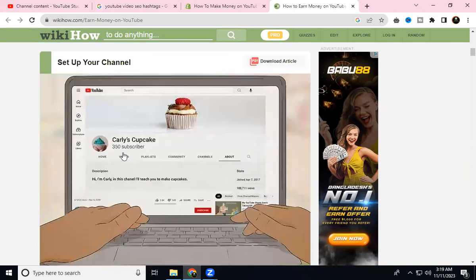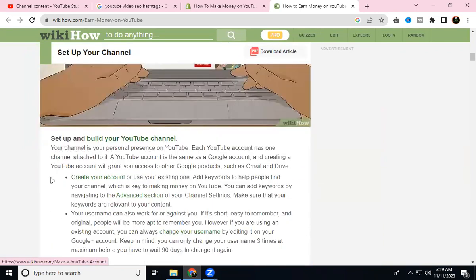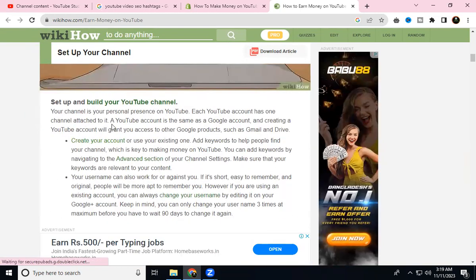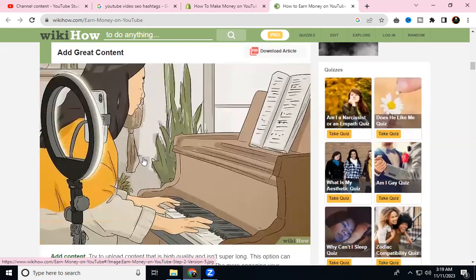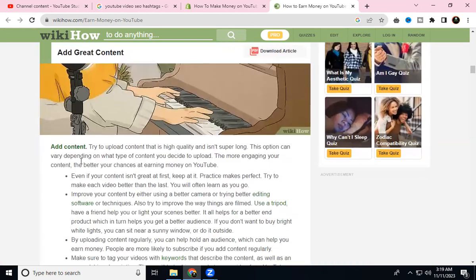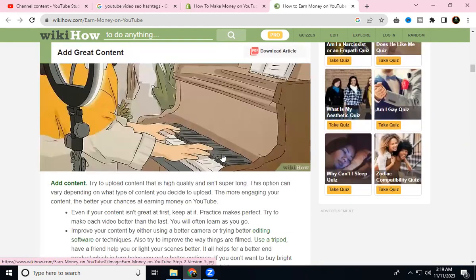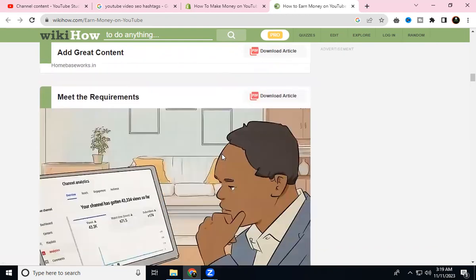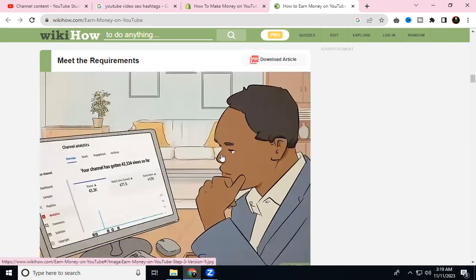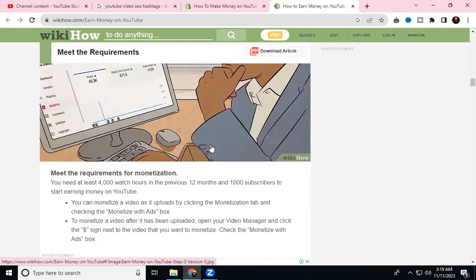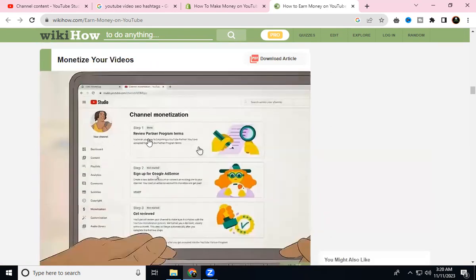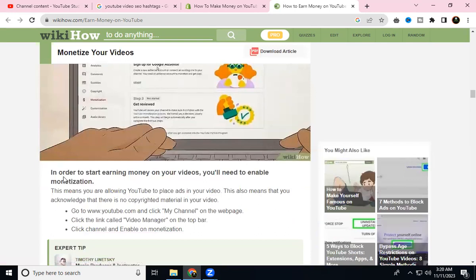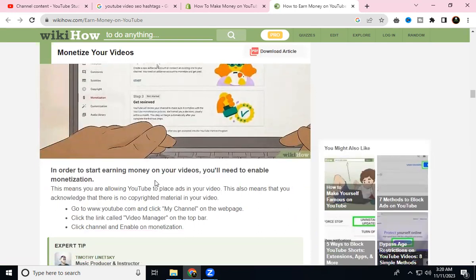Set up your channel analytics. Brand your YouTube channel and personalize it, integrating ads and creating content. Number two, upload content with exciting and effective videos, and meet the requirements through Google YouTube Analytics to request monetization. Monetize your videos in the system and YouTube channel in order to earn.